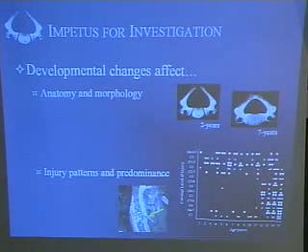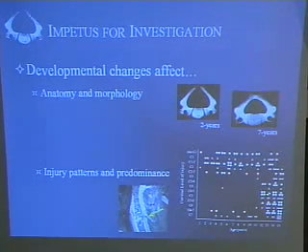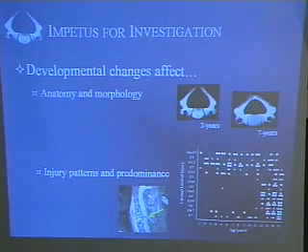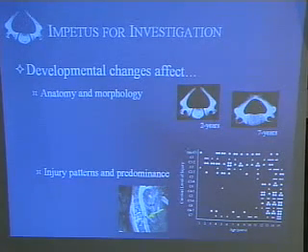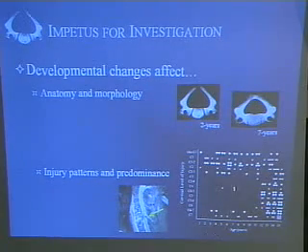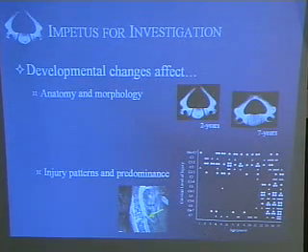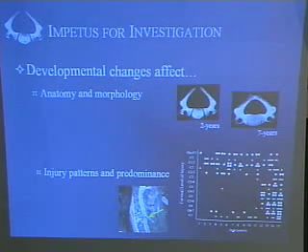And we see that when we look at the epidemiology literature as well. The predominance of injuries to children is very unique. In adults, we see a lot of lower cervical spine injuries, so lower neck injuries. In children, though, very young children here, less than 8 years of age, we see upper cervical spine injuries. That was really interesting to us. What happens in the upper cervical spine maturation that makes that the weakest link in the chain?